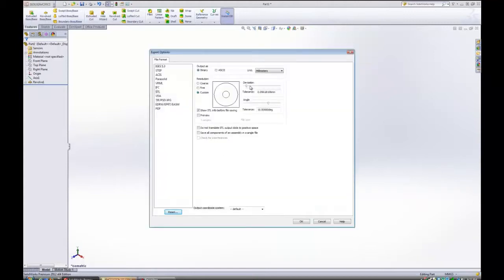What this does is it allows you to change the output, just keep it as binary, use millimeters as the unit, and you can play around with the resolution of the object. In this case we just want it to be fine. Actually no, let's set it to custom, give it a tolerance of maybe 0.033, and a 10-degree angle tolerance, and just make sure that the show STL info before file saving is turned to on,